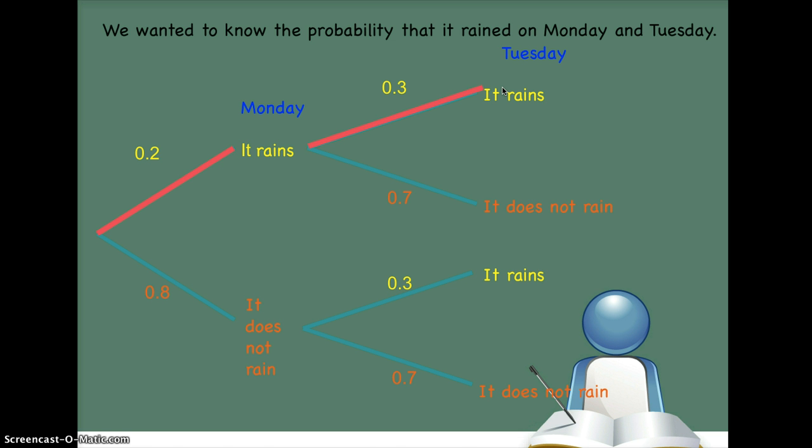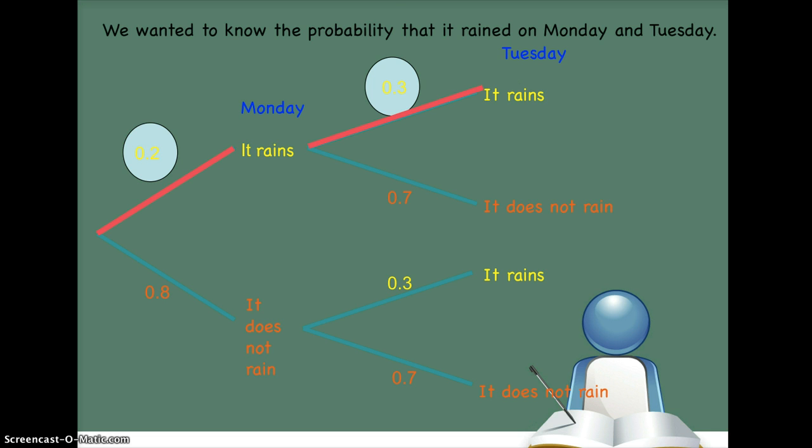If you're going in one path or one direction, you multiply to solve the problem, so we work it out for both events by multiplying the probabilities. 0.2 times 0.3 is 0.06. So the probability that it will rain on Monday and Tuesday is